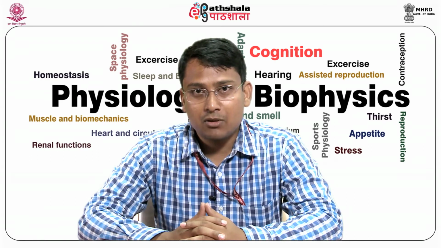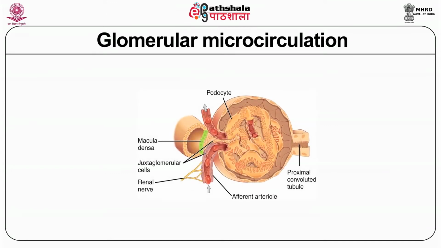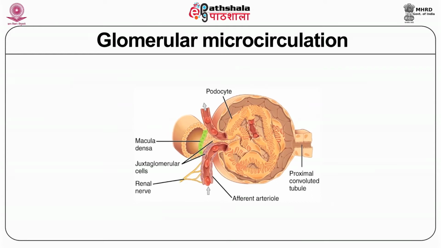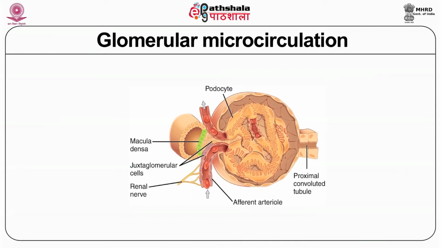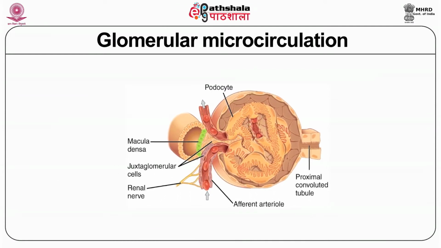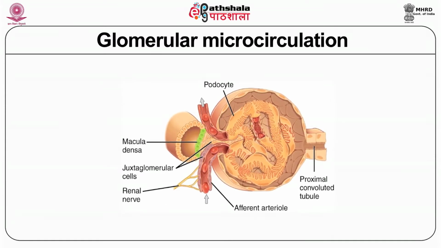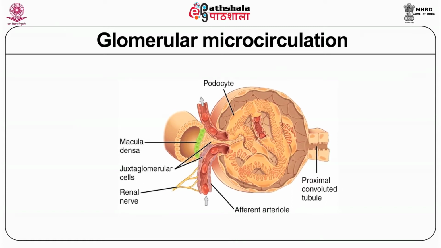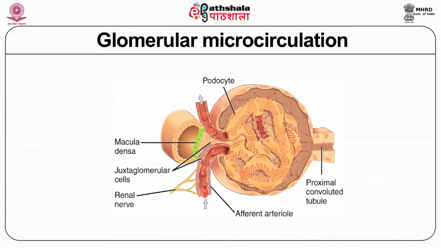As the essential function performed is filtration, the prime focus has to be glomerular microcirculation. So, the glomerular microcirculation is shown in the slide. The glomerular microcirculation is kept in check by the afferent and the efferent arteriole, which have peculiar vessel histology. Coming to the histology of afferent arteriole, the afferent arteriole loses its internal elastic layer and smooth muscle cell layer prior to entering the glomerular tuft.